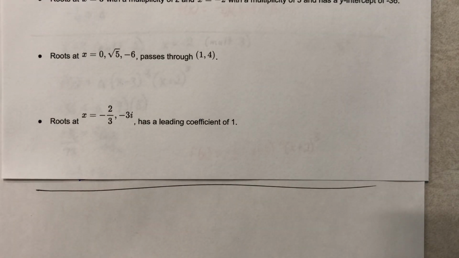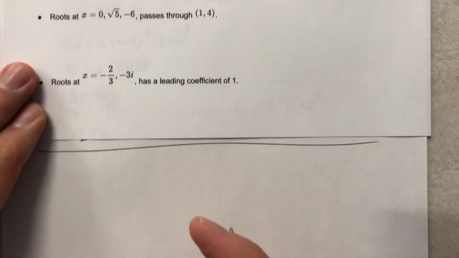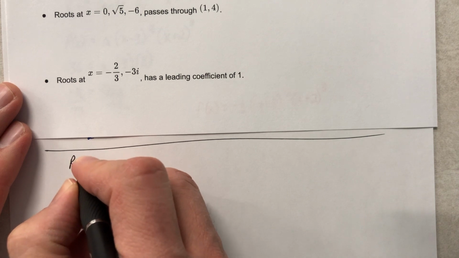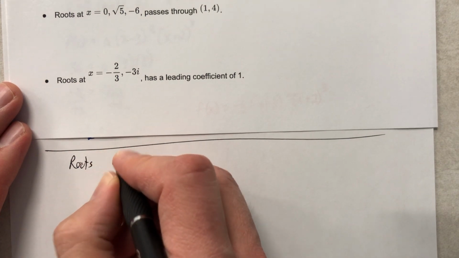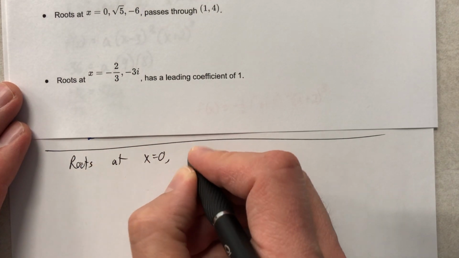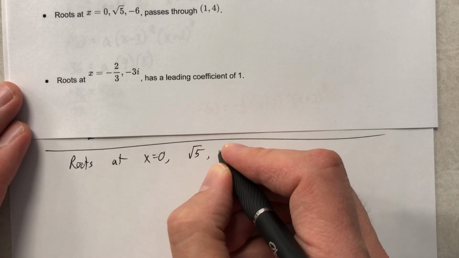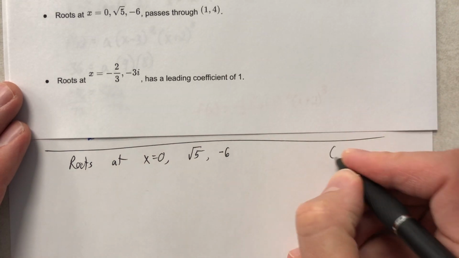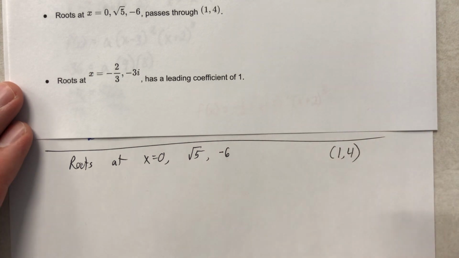And then I'm going to make a huge point and write it on the paper and draw stars and arrows around it because it's super important. So just so I don't have to look back and forth, we have roots at x equals 0, square root of 5, -6, and it passes through the point (1, 4). Okay,